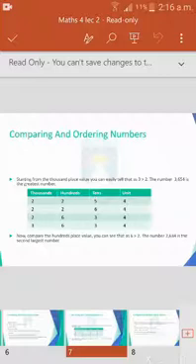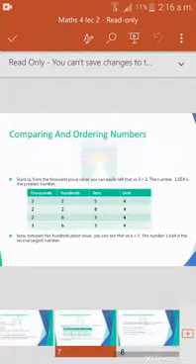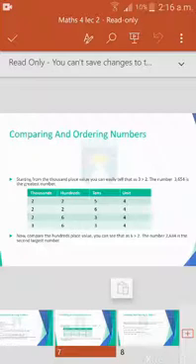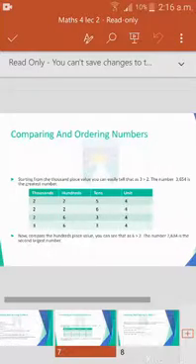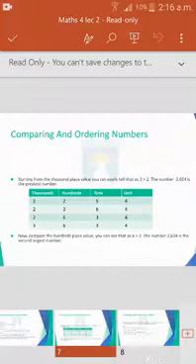Now we'll move upward again, and now we would compare the tens places. We can see that in the first row we have 2 on the thousand place, 2 on the hundred place, 5 on the tens place, and 4 on the unit place. Then we move towards the second row. We have 2 on the thousand place, 2 on the hundred place, 6 on the tens place, and 4 on the unit place. Since we have to compare from the tens place, we can see which number is greater, 6 or 5. We can see 6 is greater. It means that the number in the second row is greater than the number in the first row. From all this, we can understand that the number in the first row is the smallest.